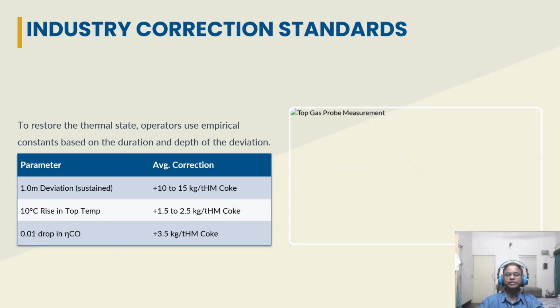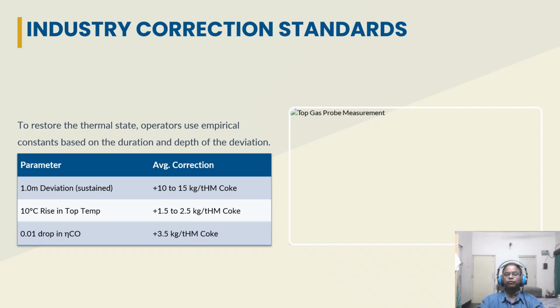This shows the correction factor table, a clean table with 3 rows. Parameter: 1.0 meter deviation, average correction plus 10 to 15 kg per ton hot metal coke. Parameter: 10 degrees centigrade rise in top temperature, average correction 1.5 to 2.5 kg per ton hot metal coke. Parameter: 0.01 drop in eta CO, average correction 3.5 kg per ton hot metal. So this table is our reference. It's our cheat sheet for quantifying the